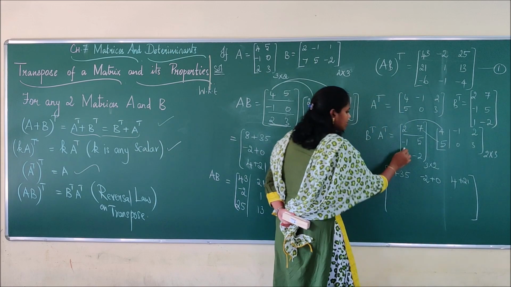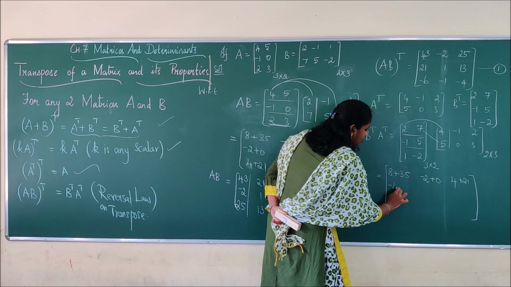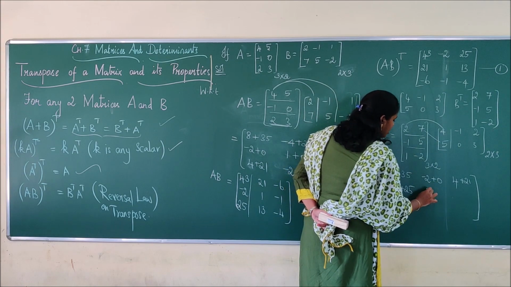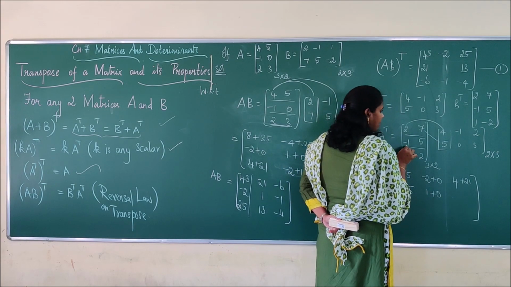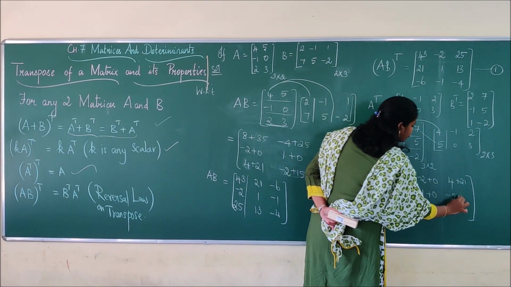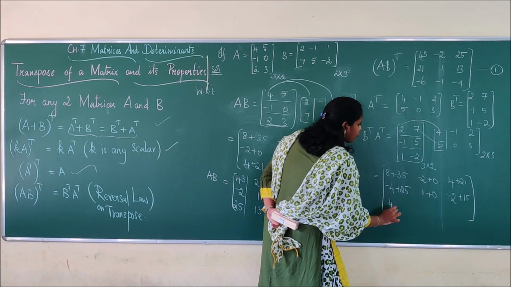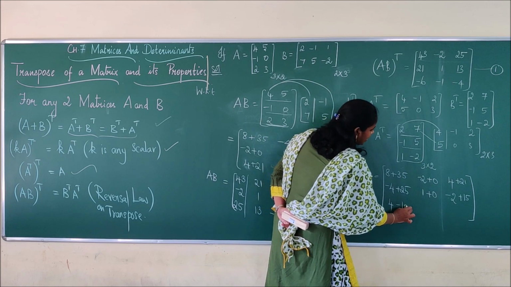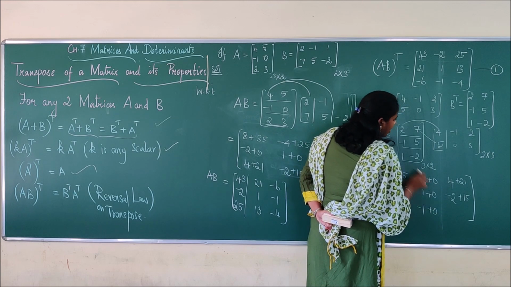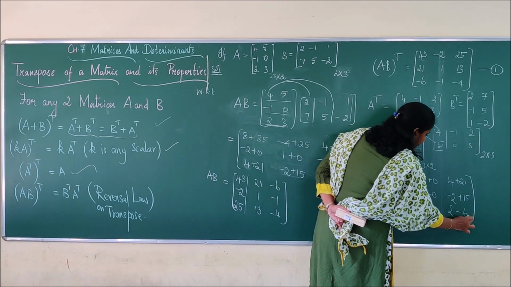Okay. And next is C. I have minus 1 5 here. So minus 4 plus 5 into 5 is 25. And next is minus 1 into minus 1 is plus 1 plus of 0. Again minus 1 into 2 is minus 2 and 5 3s are 15. And next is last row, first column, that is 1 4 is 4, minus 2 into 5 is minus 10. Next is 1 minus 1 is minus 1 and this is 0. And finally 2 1s are 2 and minus 2 plus 3 is minus 6.